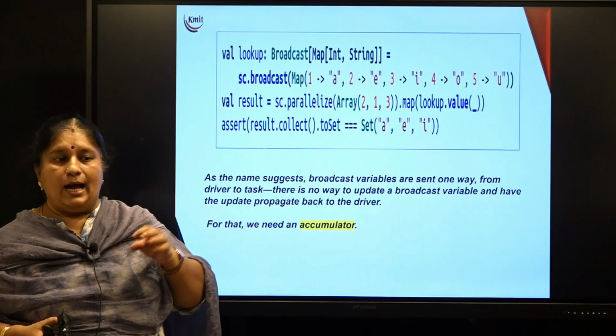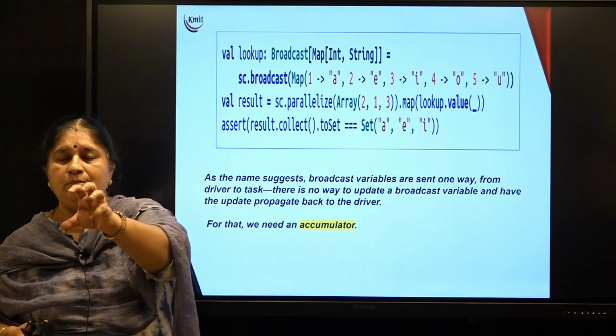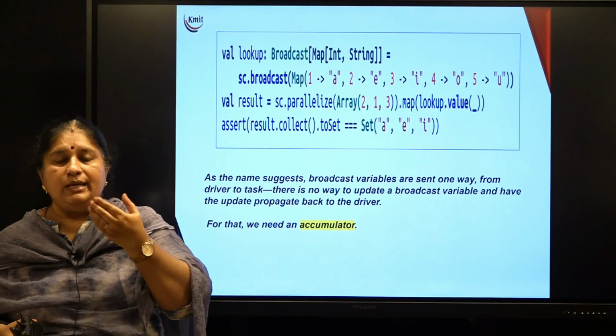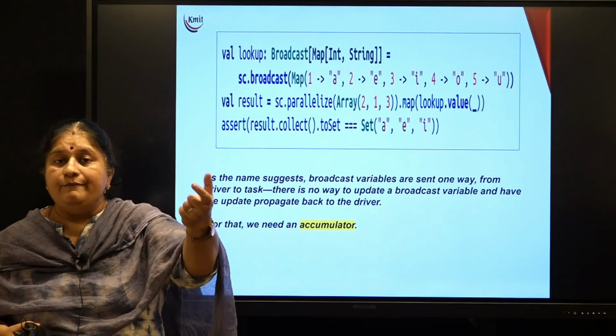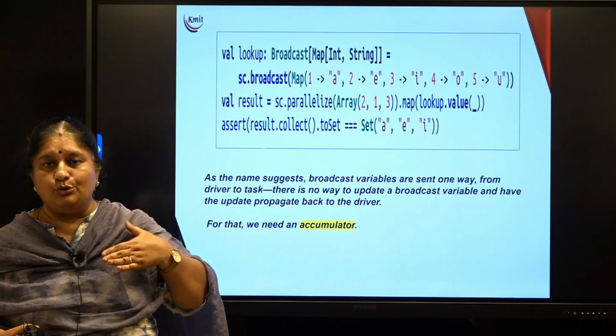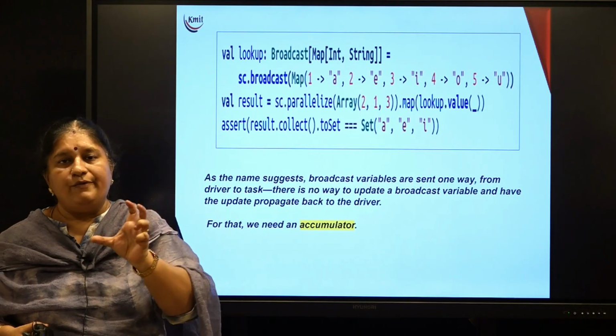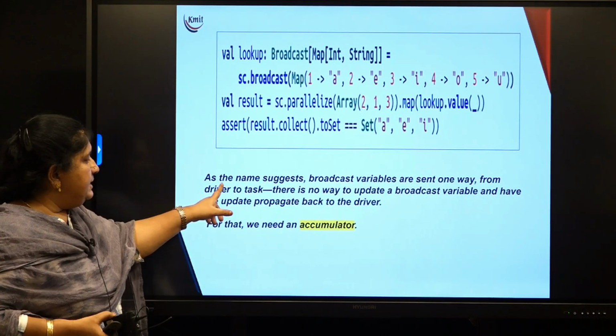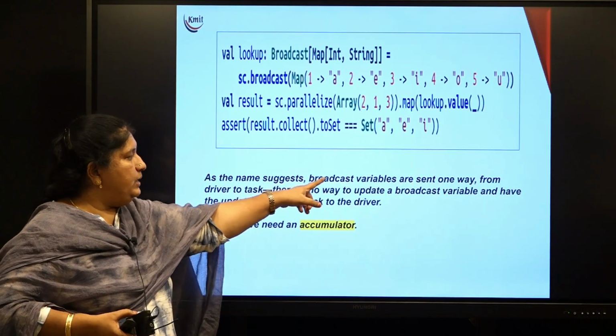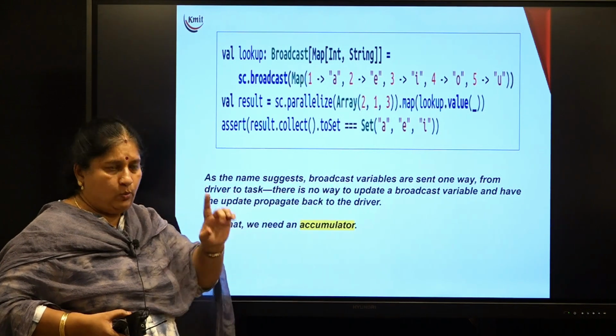From the source, I can store its value in multiple locations so that they can use it in parallel. The updated value will not be transmitted back to the source location. That is one way of the broadcasting variables. Just try to understand this one. As the name suggests, broadcast variables are sent one way